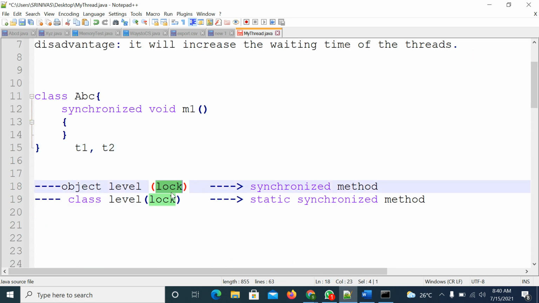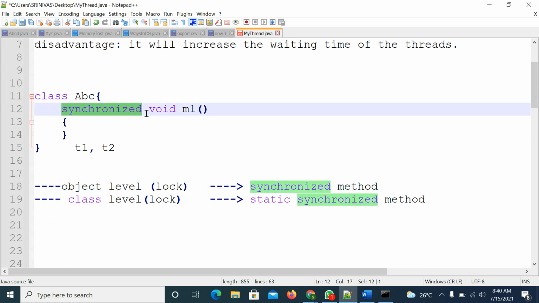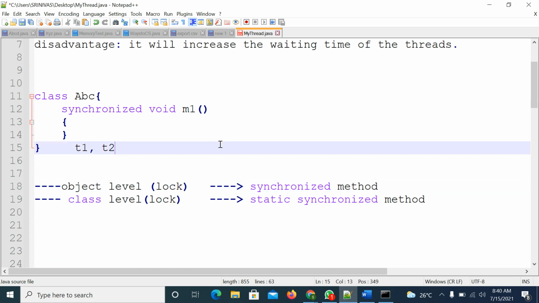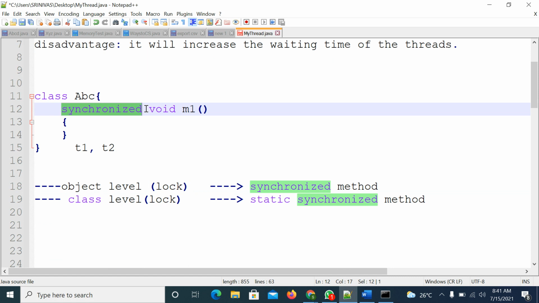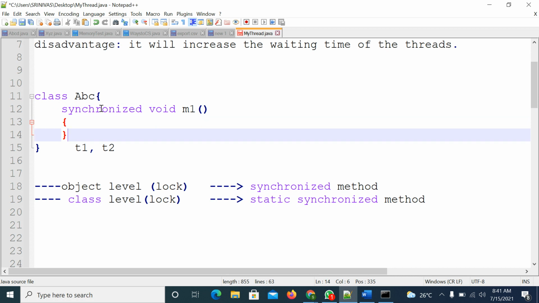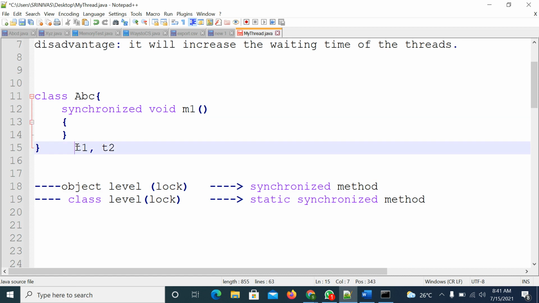The locking concept will come into the picture whenever you are using the synchronization concept; otherwise, no locking. It applies to a synchronized method or synchronized block, or a static synchronized method or static synchronized block. Only in that case is the locking concept there. Right. Suppose I have two threads, T1 and T2, and both want to execute this M1 method.